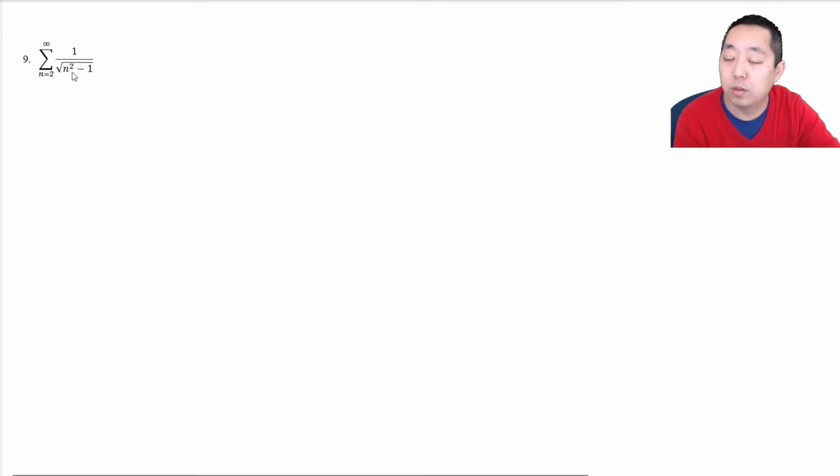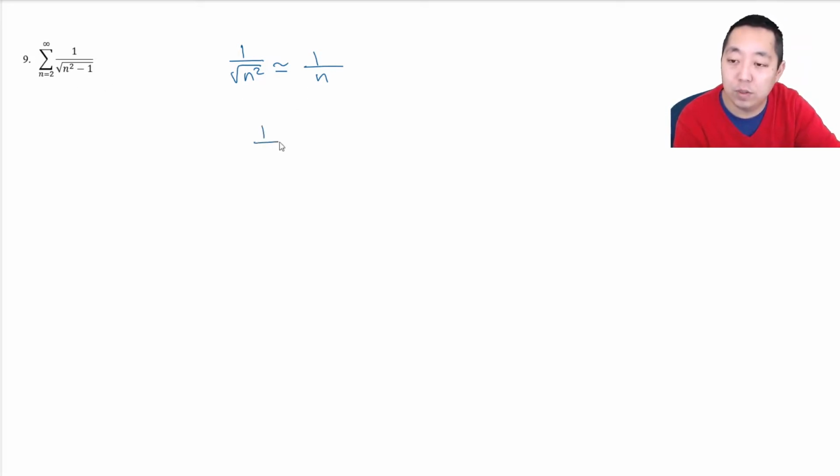So how about this 1 over the square root of n squared minus 1? Well, again, you're looking at the dominant term a little bit. This looks like 1 over the square root of n squared, which is equal to 1 over n. Actually, technically the absolute value of n, but n is always positive in this case. So we have 1 over n, and the argument I'm going to make is that the square root of n squared minus 1 is definitely smaller than the square root of n squared, right? Because if I subtract 1 on the inside of the square root, that makes it smaller. Then when I take the reciprocal,